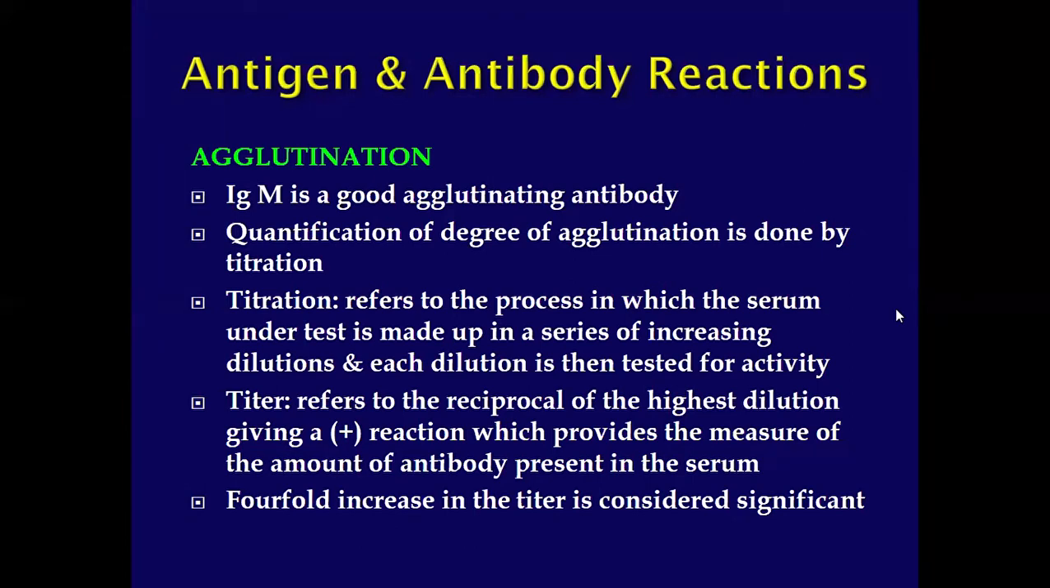You consider the test to be significant if there is a four-fold increase in the titer or in the antibody concentration. For example, if we're going to investigate whether there is already an adequate number of antibodies, we usually collect two samples. One as the